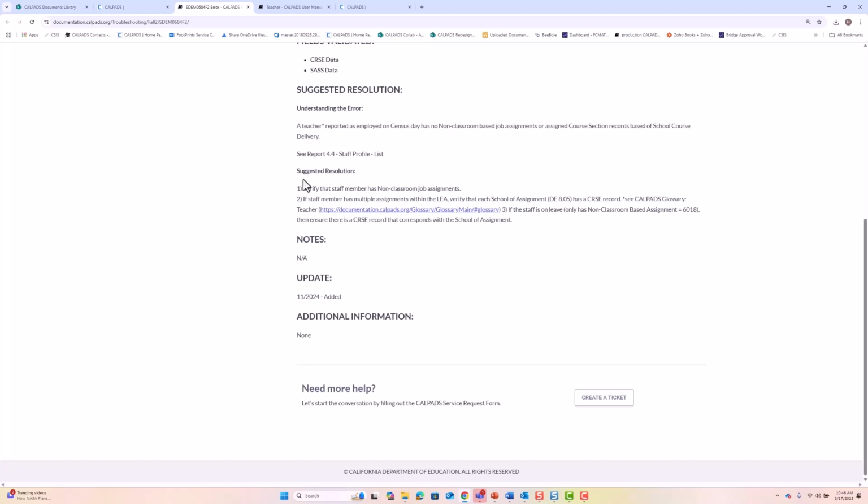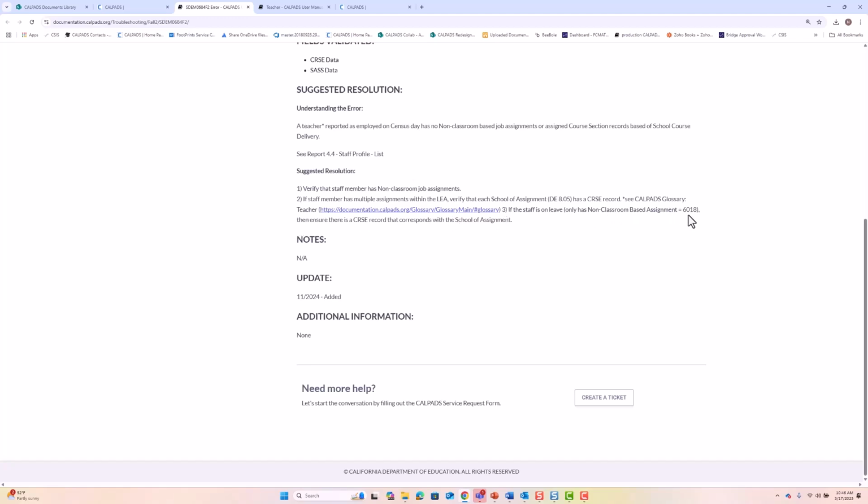And then as the suggested resolution, verify the staff member has a non-classroom based job assignment, right? Or if the staff member has multiple assignments within the LEA, verify that each school of assignment has a course record. If the staff is on leave and only has a non-classroom based job assignment 6018, you would then make sure that you report an additional assignment.